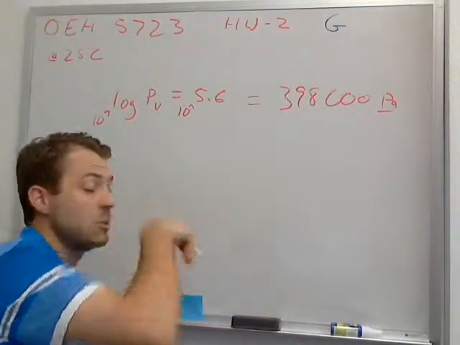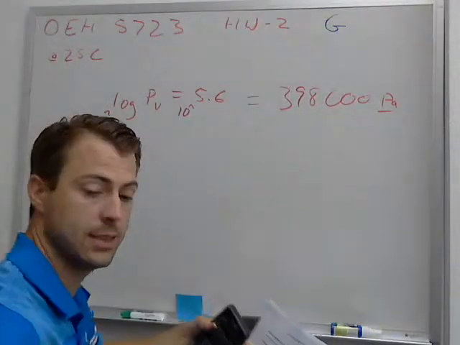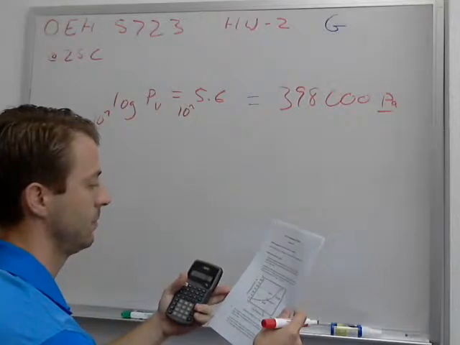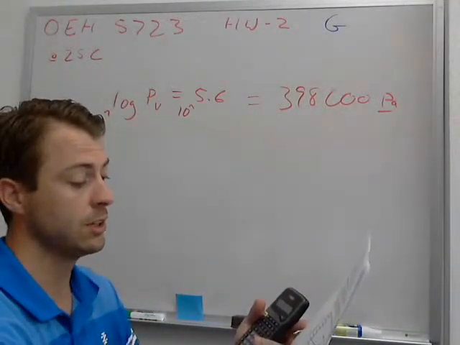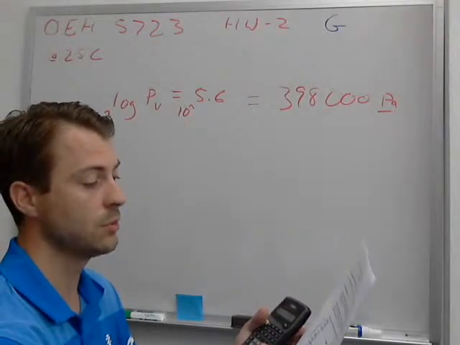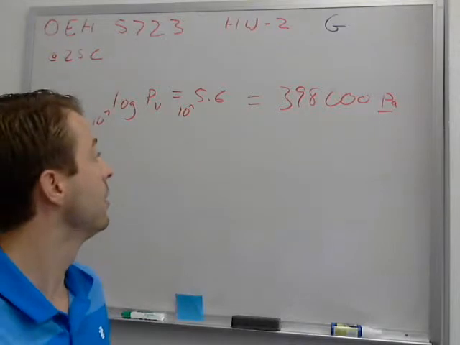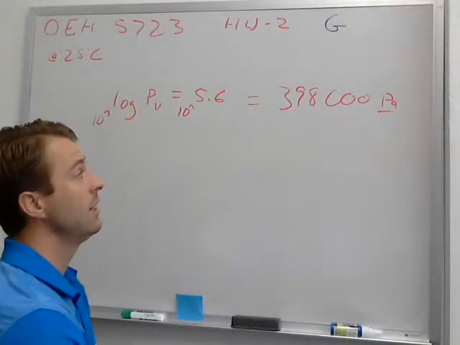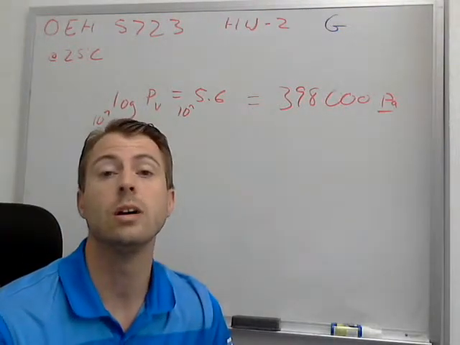Okay, so what does the question ask for? The question does ask for the pressure in pascals. So there we go, that's it. What is the pressure in pascals necessary to liquefy? It's 398,000 pascals. Now, just as an aside, there's a little bit of extra information there that tells you that 1 atmosphere is equal to